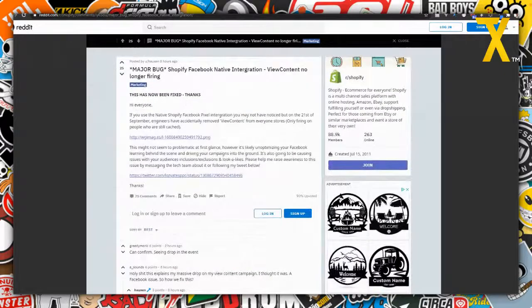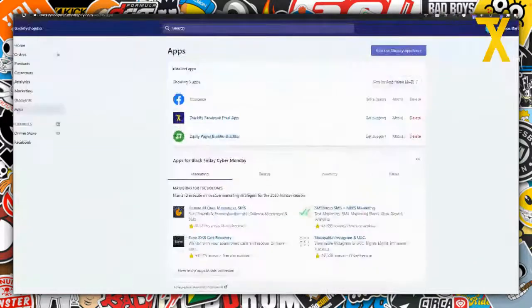There are also always still questions about the new integration of the basic integration that used to be in Shopify, where you just paste the pixel into the store settings, and now it's no longer there, and instead it's now in the Facebook app. So you now have to have a Facebook app installed, and that Facebook app installs itself here as a Facebook sales channel.